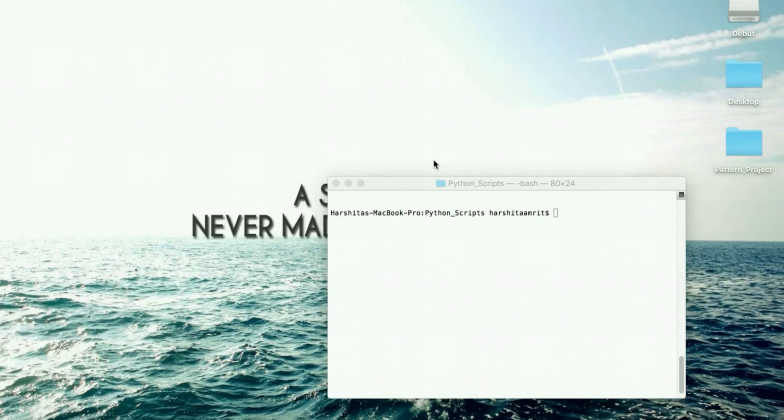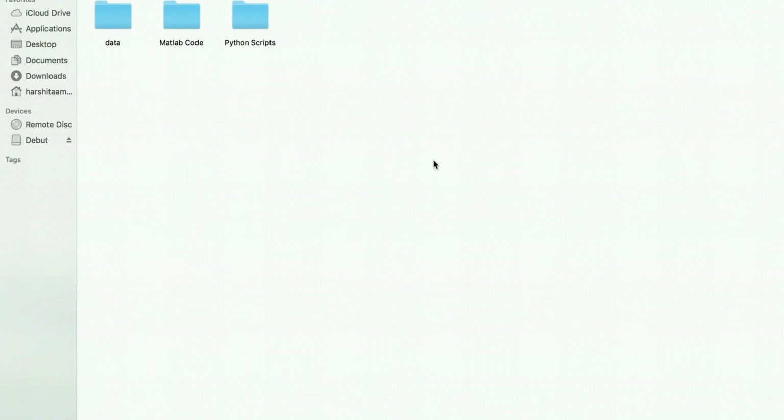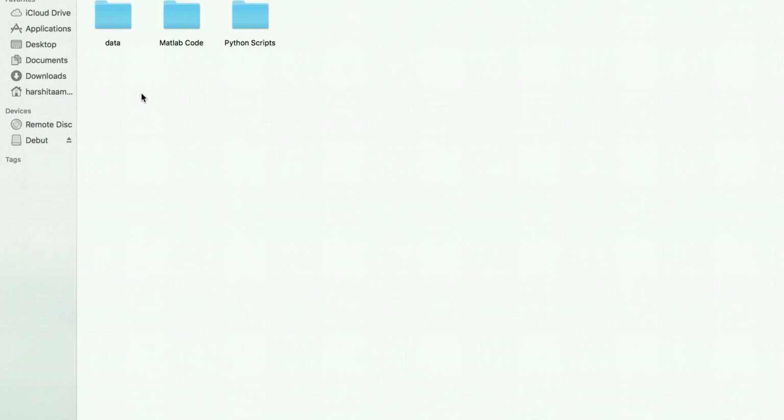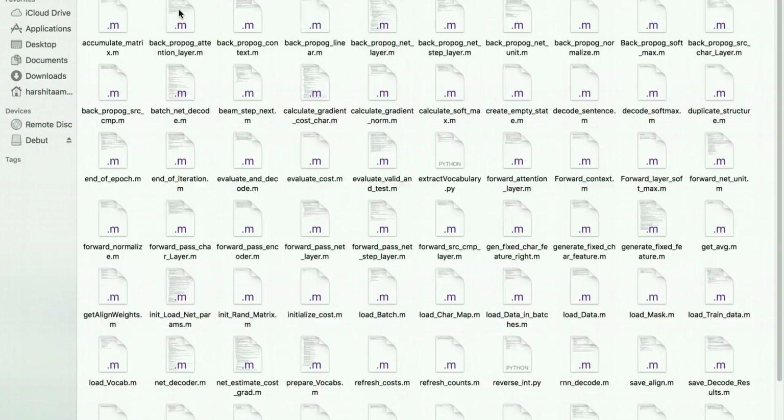So now let me move on to the demo part of my project. As you can see, the folder of my project contains three parts. One is the data, one is the MATLAB code, and one is the Python scripts. In the data, I have all the data which I've downloaded from the Stanford NLP site, and the MATLAB